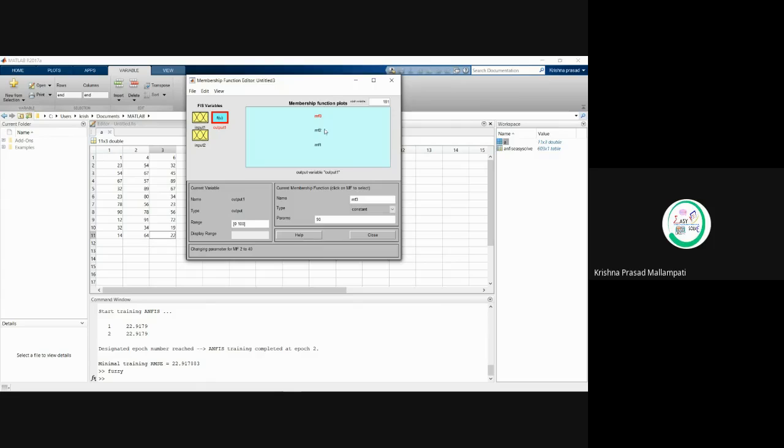So now we have given the values also, right?